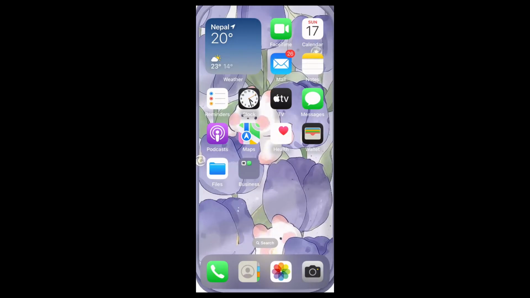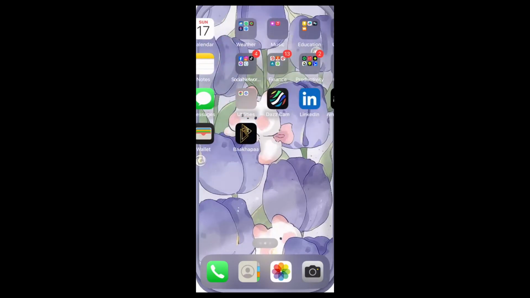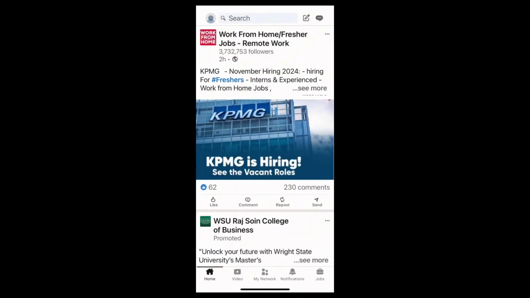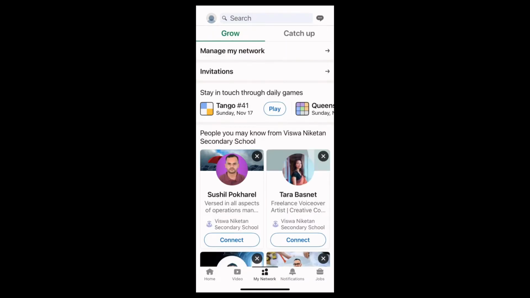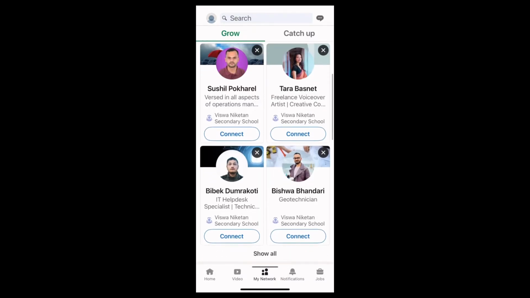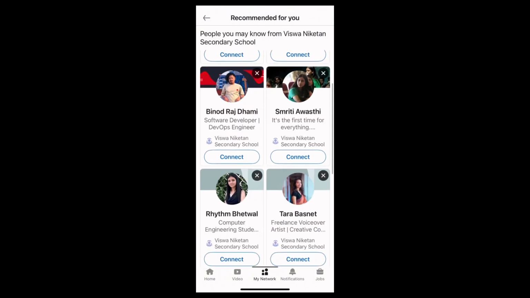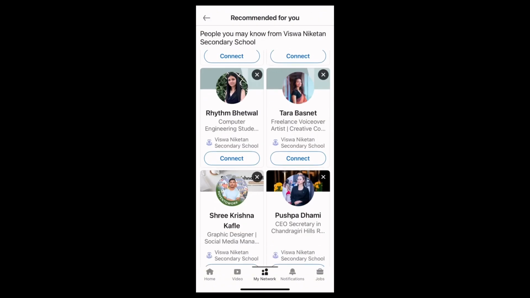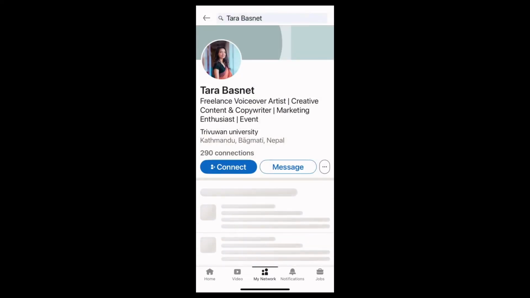Let's dive in. First of all, find the LinkedIn app on your home screen. Now open it. Now let's find the person you want to approach. Tap on the My Network button. Here you can find a lot of people that you might want to approach, or you can also search in the search bar. Once you have found their profile, go ahead and tap on their name to visit their profile